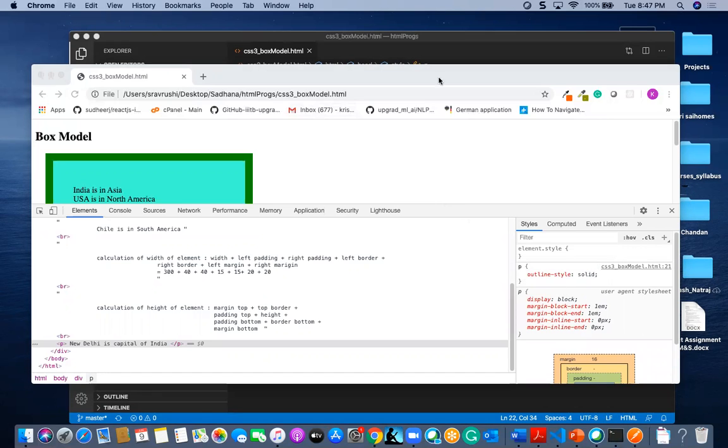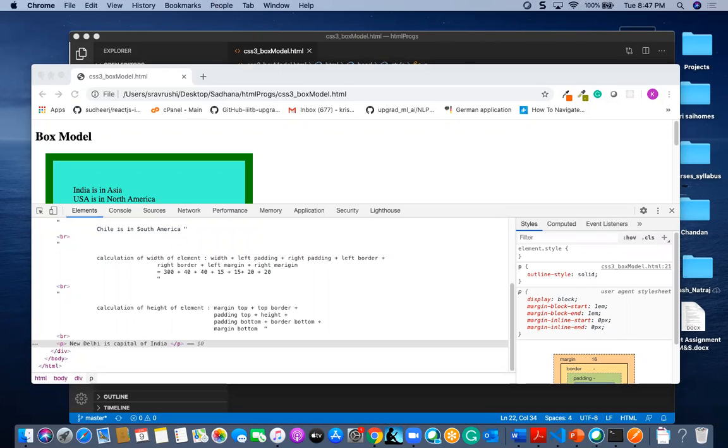Outline style is different: it is on top of the border, not inline with the border. The border is the area after the padding, it will cover after the padding. But the outline is on top of it, a separate area, and on top of it we get this line.